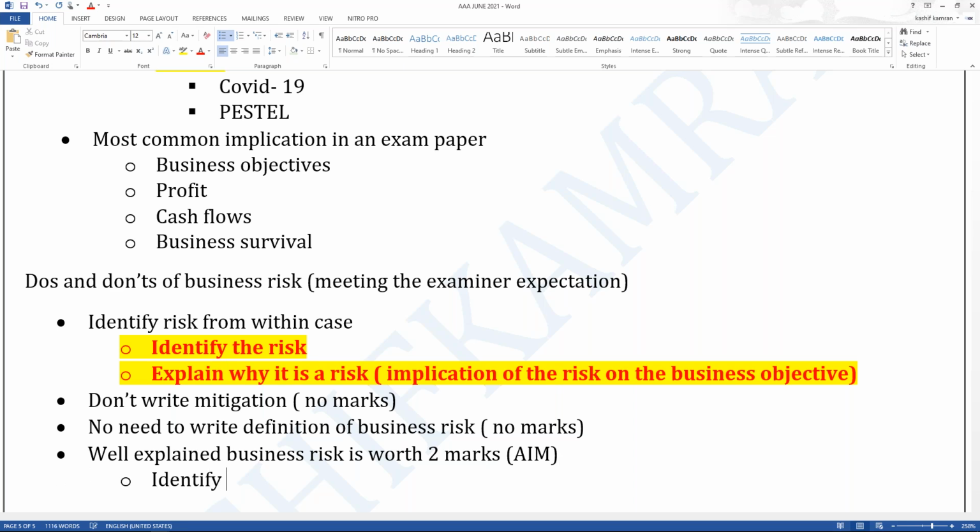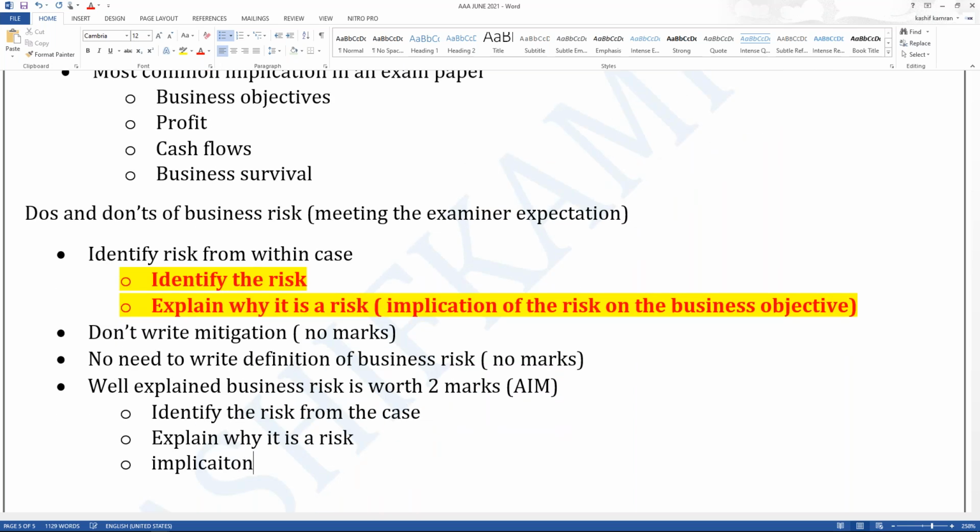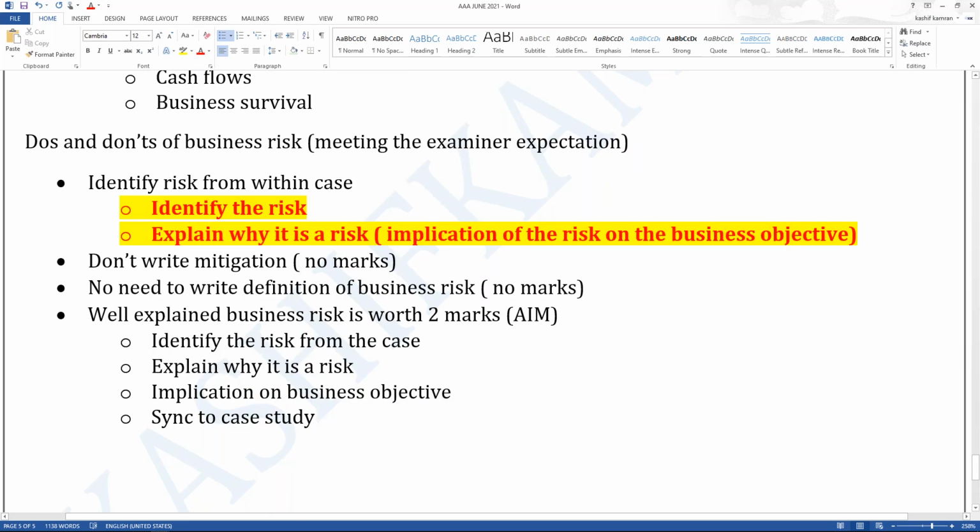First of all, you identify the risk from the case. Then you explain why it is a risk. You also speak of its implication on business objectives. And your answer should be synced to the case study. If your answer is synced to the case study, then that's a wonderful 2 mark situation. And I'll be demonstrating shortly by writing the answer for you, just to show you what is a 2 marks